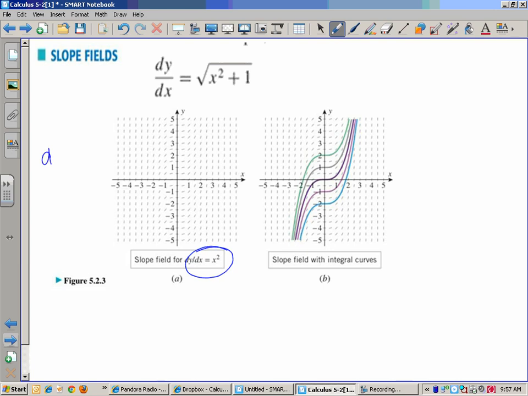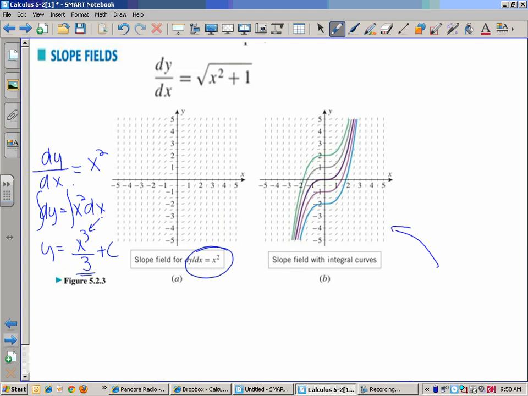Do you see this right here? We would rearrange it. We would anti both sides. And so really what that says is your parent function must have been a cubic over 3. And so what you see here is the family of curves that would be valid. So this could be x cubed over 3 plus 1, x cubed over 3 plus 2, x cubed over 3 plus 0, x cubed over 3 minus 1, x cubed over 3 minus 2. It's just a family of curves